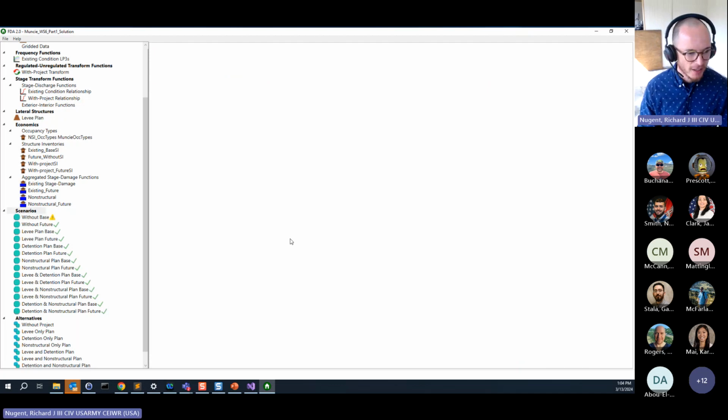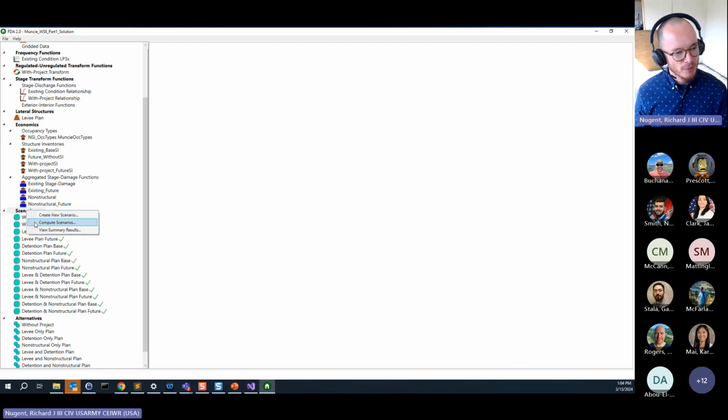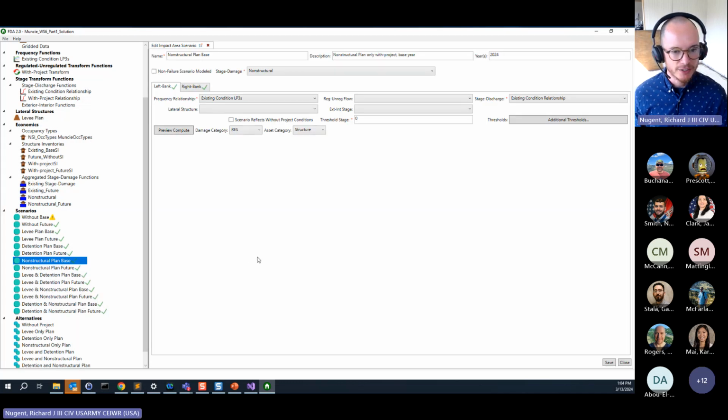We'll save and close. Once we make all of our selections, we can go to compute scenarios and do a compute batch. Once we finish that, we can view summary results and look at the EAD and performance results for all of the scenarios. Now, I want to point out one thing about describing the scenarios or configuring the scenarios